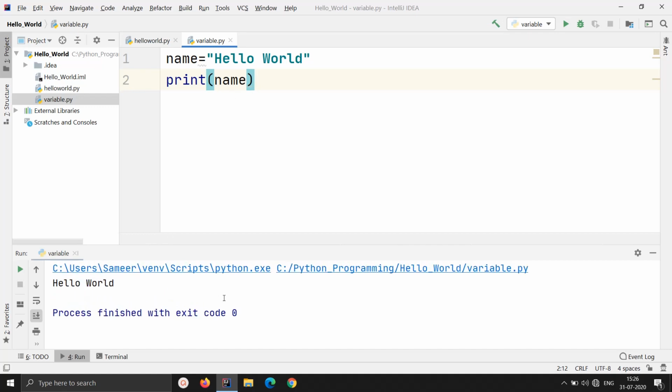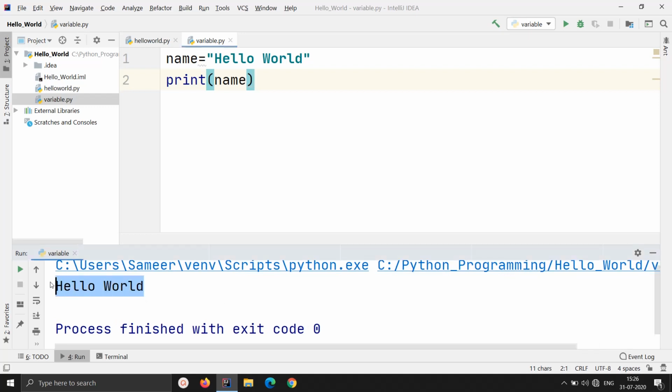If you observe the output now, you'll find that I am getting the output as hello world. Same thing that we had done earlier, right? But the only thing that is different here is that I am using a variable to store my data. I have given the variable the name "name" itself, I am storing my data inside that variable, and I am using that variable as a label in the next program. It's simple, isn't it? But there are a lot of things that you will have to understand here, and the way Python is working here.